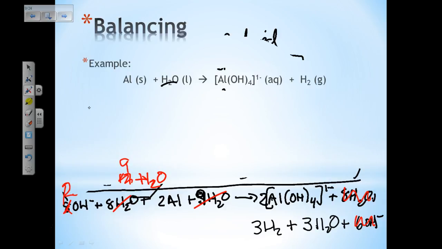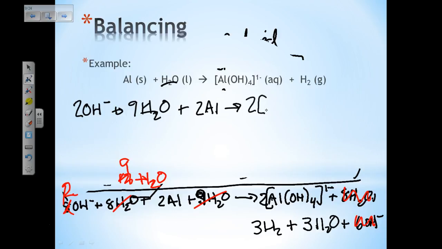So now if we rewrite this reaction, it's going to be 2OH minus plus 9H2O plus 2Al reacts to form 2 Al(OH)4 1 minus plus 3H2